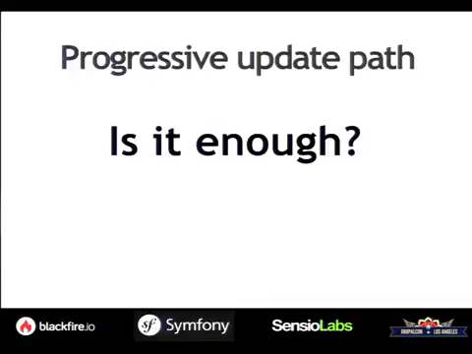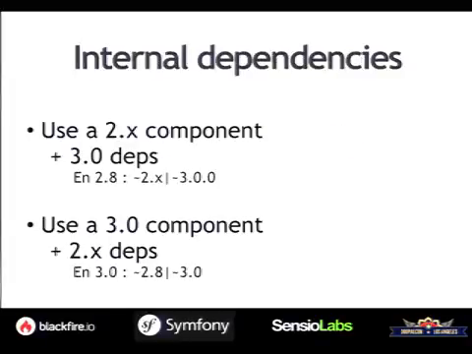It's not enough because in your project you might use some of the components in the 2.3 version, some of them in the 2.6 version, and then some other ones in 3.0. Which means that we need to be sure that all those combinations can work. By default, Composer uses the latest version of all the components in your requirement, right? So if you are using Symfony 2.7, you will get all the Symfony 2.7 dependencies. But in your composer.json file, you might say, I'm compatible with any version starting from Symfony 2.3.